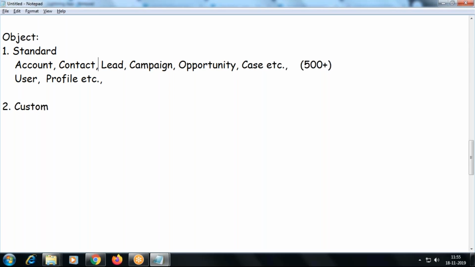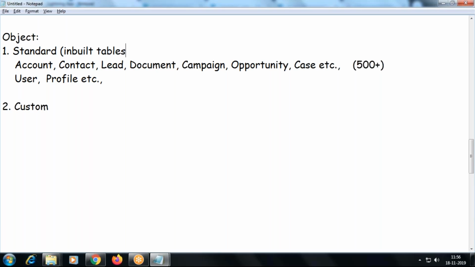We will clear this, and we also saw one object recently, the document object. So inbuilt tables. Okay.